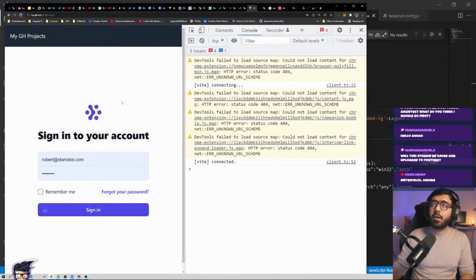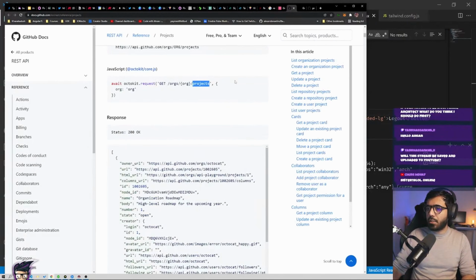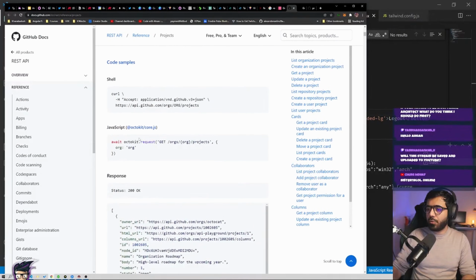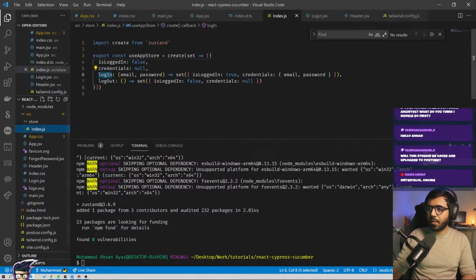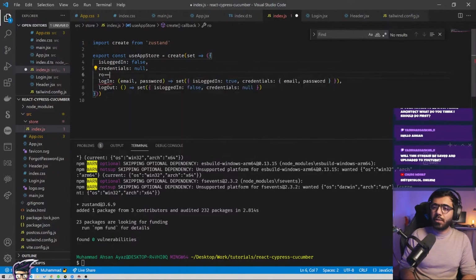Now the thing is, we have handled the errors, we have handled the logout and login case, but we also need to do some sort of GitHub API usage. So what I'm going to do is use the store to get some data. So here I'm going to say projects are empty by default, right? And then we should have something called fetchProjects or getProjects. This should be an async call. And then what we should do is await, const projects equals, and now we need to use